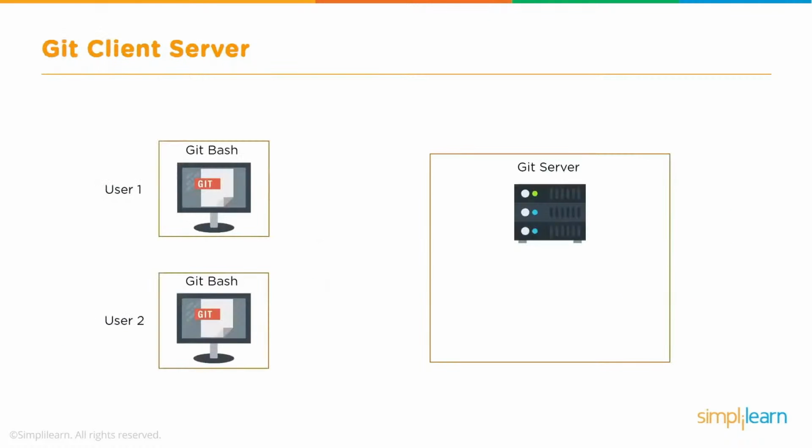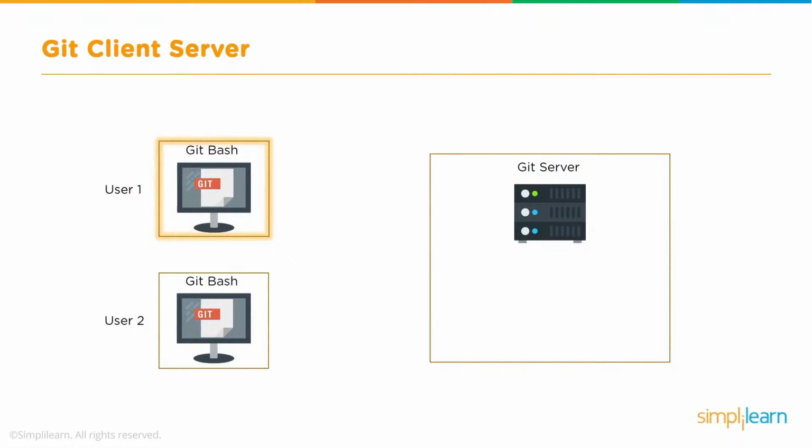Before I jump into my demonstration, let me spend some time explaining to you the Git client-server working model. What does it take for a couple of users to collaborate and start working with Git? The bare minimal thing that any user would need in order to start working with Git is something called Git Bash or the Git client. This comes as an installer for all popular operating systems like all flavors of Windows, Linux, macOS, and other operating systems. So once you install Git Bash, you get a command line utility using which you can fire up